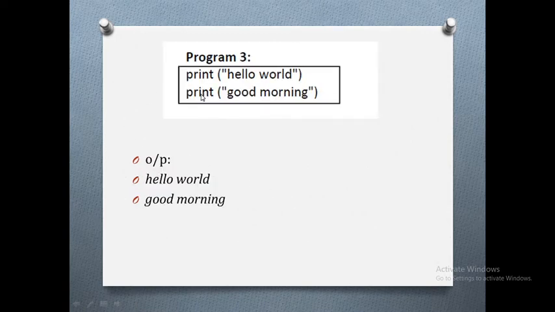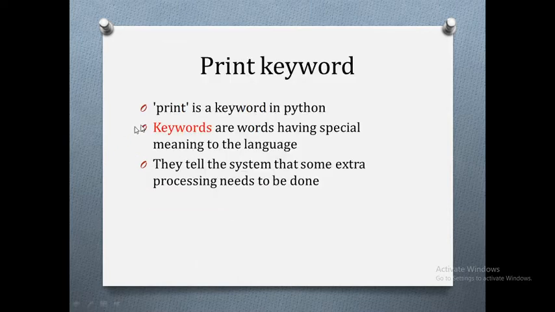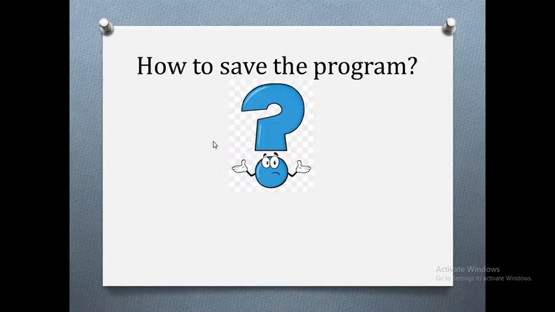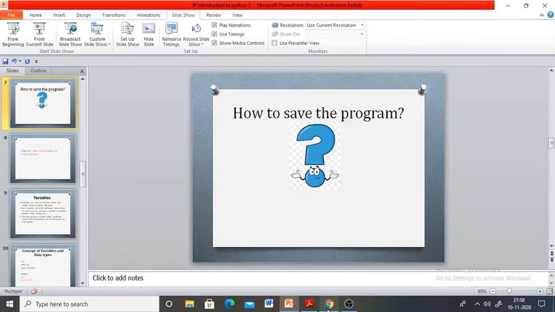And see the next version where you are writing two different print statements, and the output will be in two different lines. So in short, you can say that print is a keyword in Python. We know what a keyword is. Keywords are reserved words which have special meaning to the language, and they tell the system that some extra processing has to be done. That means the print keyword always tells the system to display what is given in the bracket. So we'll see an example of how this runs in